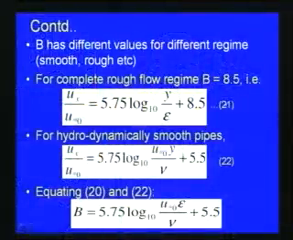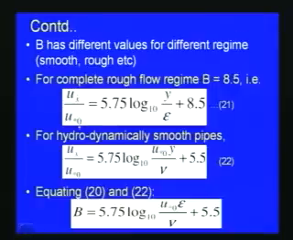So, for complete rough flow regime, we can show that B is equal to 8.5. So, that we can write u x by u star o is equal to 5.75 log 10 y by epsilon plus 8.5 as in equation number 21. And then for hydrodynamically smooth pipe, as we have already derived in the previous slides, we can write u x by u star o is equal to 5.75 log 10 u star o into y by nu plus 5.5